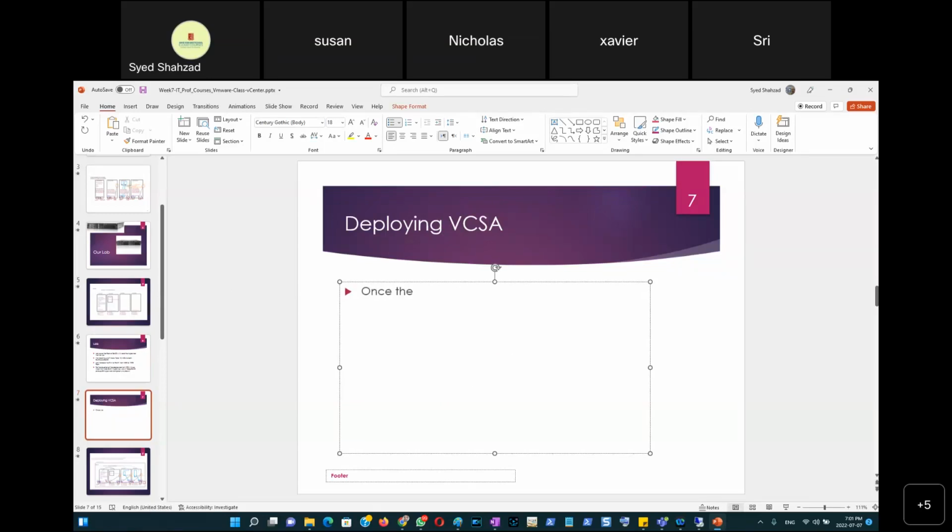Once the 12 GB RAM has been given to ESXi01, then power it on. Okay. Now, before deployment, what are the prerequisites? Before deployment of VCSA,